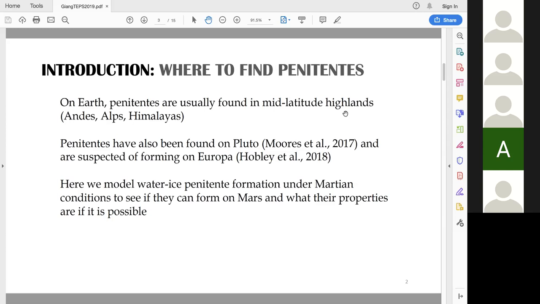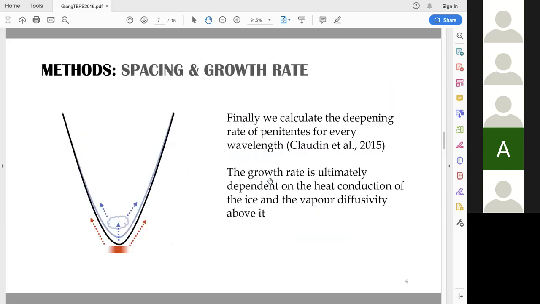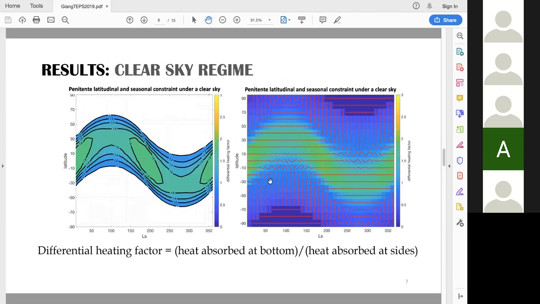And then just one more question. As you change the seasons every 2 years on Mars, 2 Earth years on Mars, you're shifting material from one pole to another. How does that influence